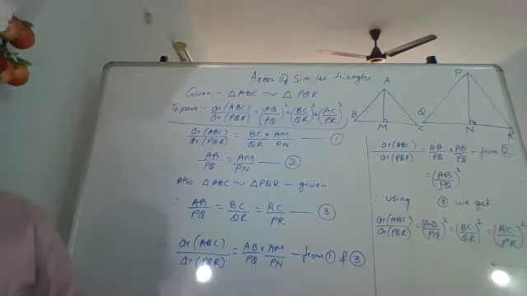Today you all have to do exercise 6.4. Small exercise, so not to worry. Next class, we are going to see Pythagoras theorem and converse of Pythagoras theorem. In fact, before that, there will be similarity in right angled triangles that we are going to prove. Then we are going to prove Pythagoras theorem and then converse of Pythagoras.